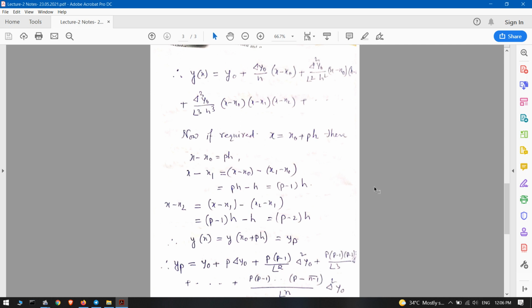And now a1 into x2 minus x1, we know that is h. x1 minus x0 is h, x2 minus x1 equal to h, x3 minus x2 equal to h. So we write a1 into h plus a2